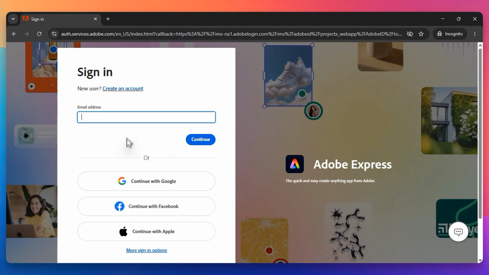After you have successfully logged in, you will be taken to the main dashboard where all the design magic happens. This workspace is intuitive and provides easy access to tools for making social media posts, logos, flyers, and even short videos. One of the best things about Adobe Express is that you do not need to download heavy software to your computer because it runs perfectly right in your browser. This means you can access your projects